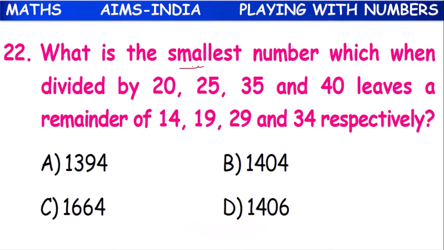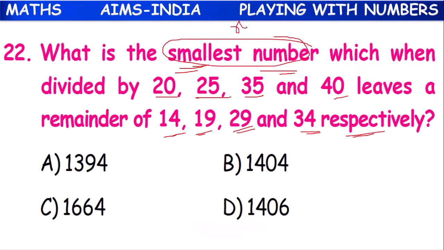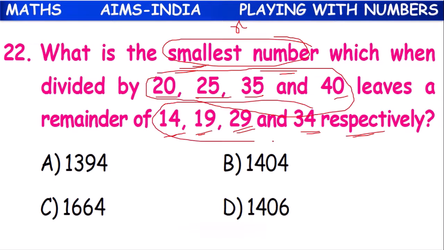What is the smallest number which when divided by 20, 25, 35, 40 leaves a remainder of 14, 19, 29, 34 respectively? Means we have to find the smallest number. Let it be x. When divided by these 4 numbers it leaves a remainder of this. Because this smallest number is divisible by these 4 numbers, let's find the least common multiple of these 4 numbers,